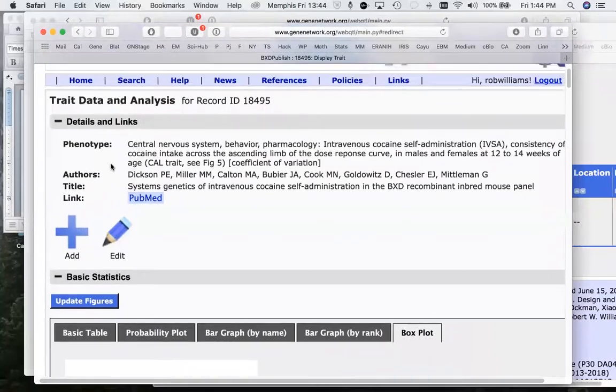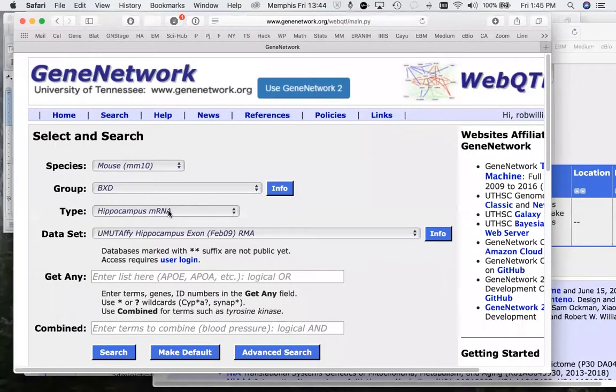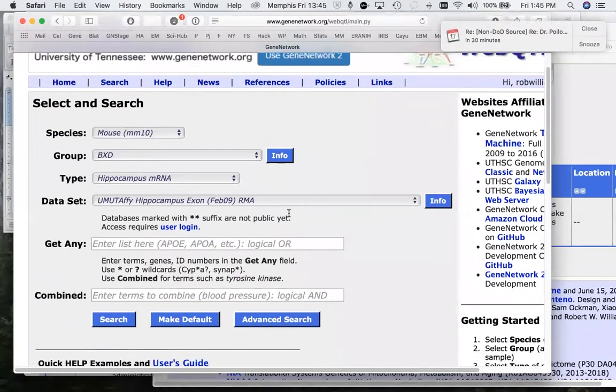But let me go to another data set. So I'm going back to the root level. And I realize we should be wrapping it up and letting you guys ask questions now. But I want to show you one final thing before I wrap it up. I've shown you how to look at a vector of data, how to search for it. You just search your term here. But what I haven't shown you is how do you get beyond correlation to causality.